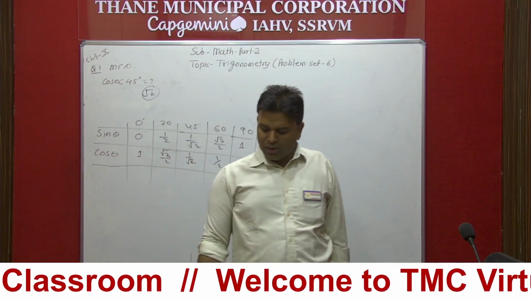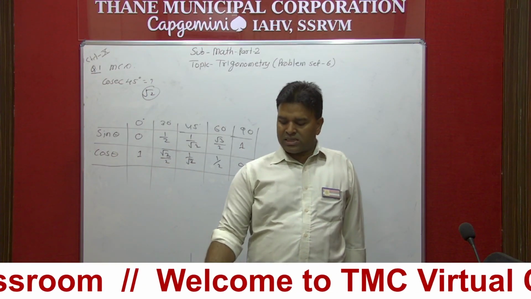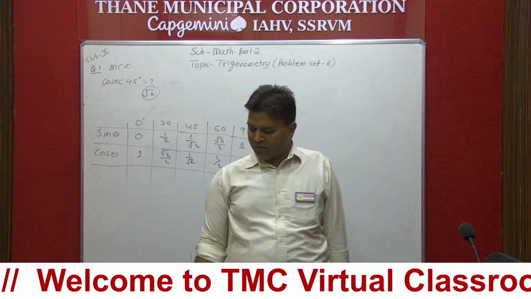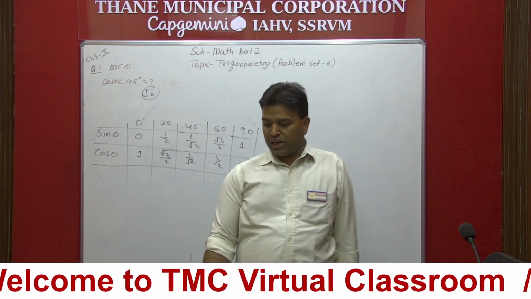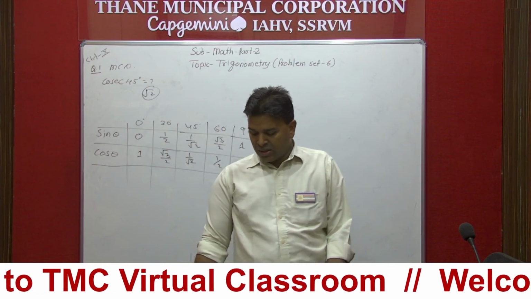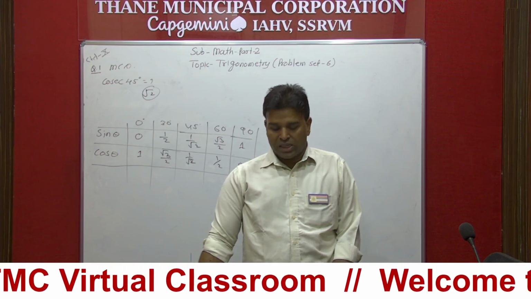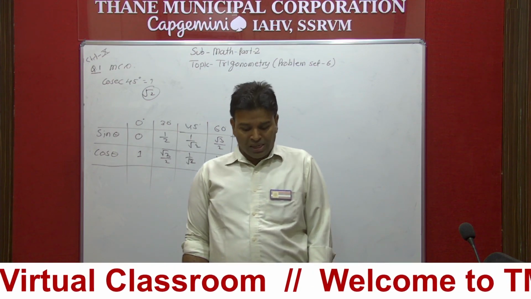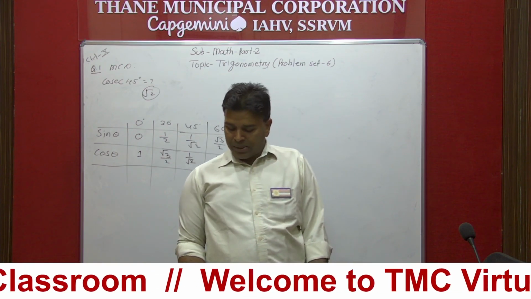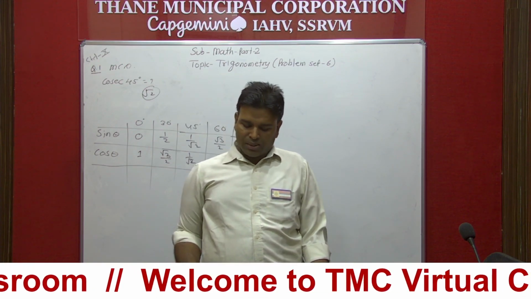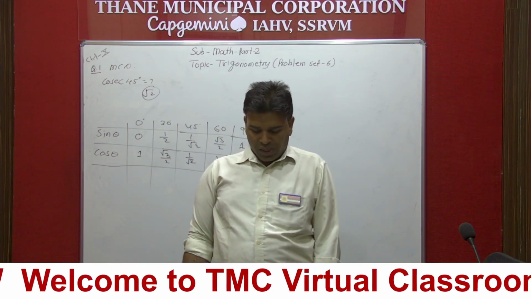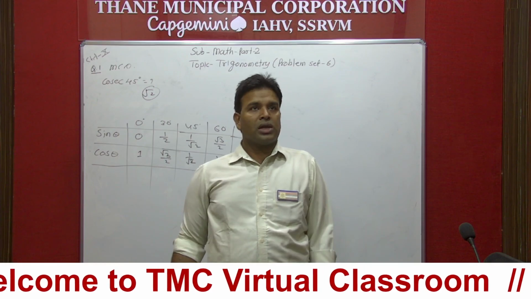So for the third one, 1 plus tan square theta. This is one of the identities, and for this the answer is C. And we have completed chapter number 6, that is trigonometry, with all the questions in the textbook for this academic year. Now student, thank you for this chapter. In the next class I'm going to start with science chapter number 6. Okay, have a good day. Thank you very much.